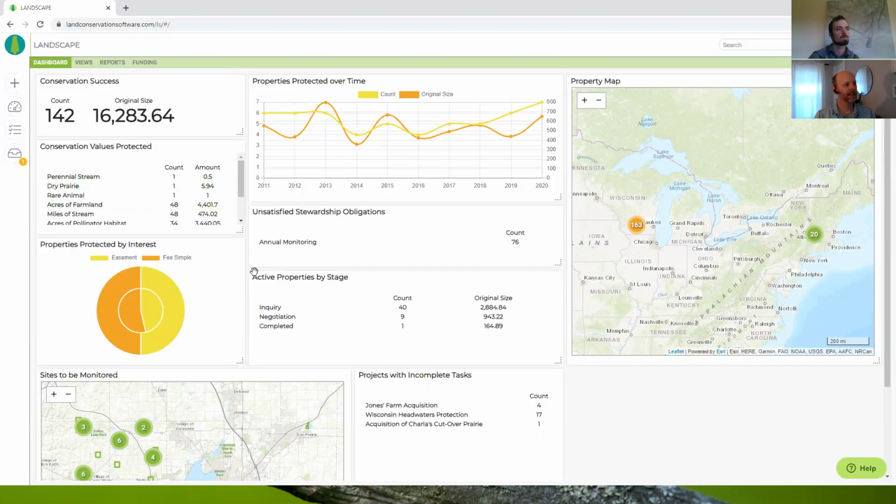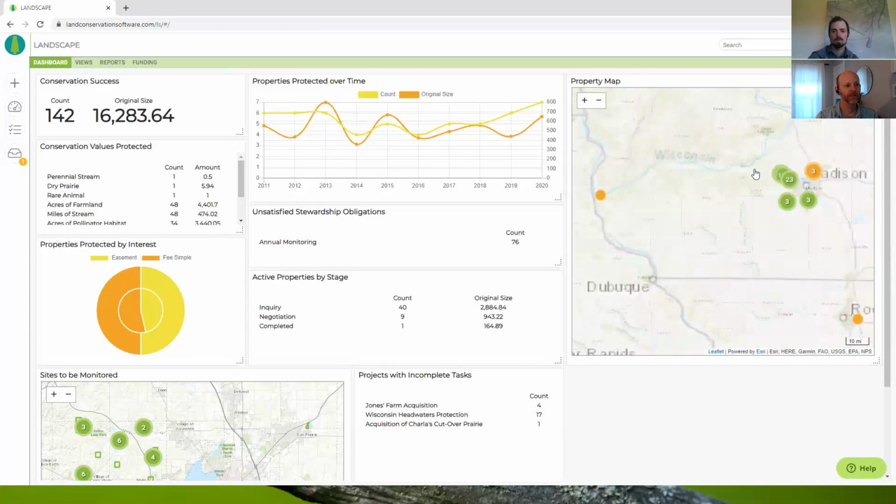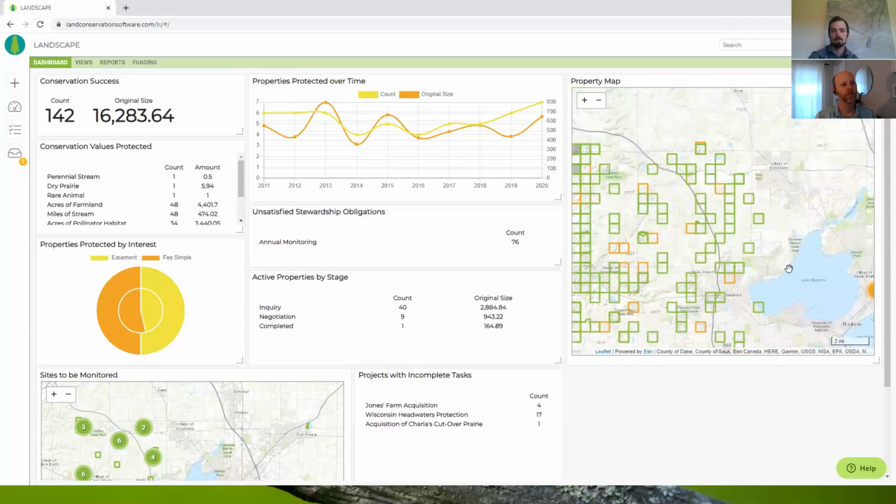Widgets can be displayed as tables, as you see here, as simple summaries, graphs, so line charts, pie charts, also as maps that are interactive. So if you wanted to see the map of all the properties that you've protected, it's really easy to do with widgets like that. Pretty much anything that you can query out of the database, you can visualize as a widget